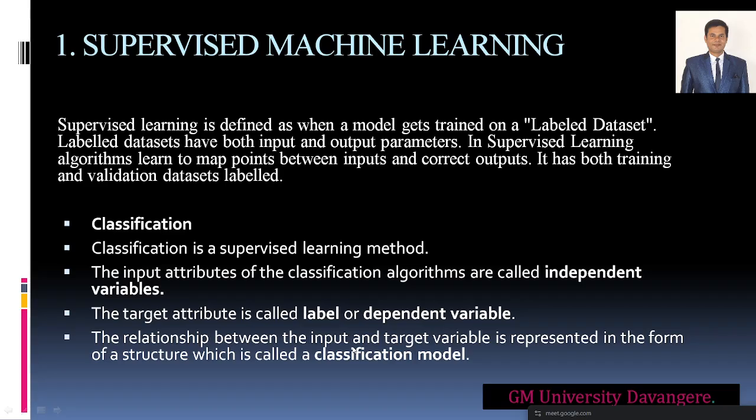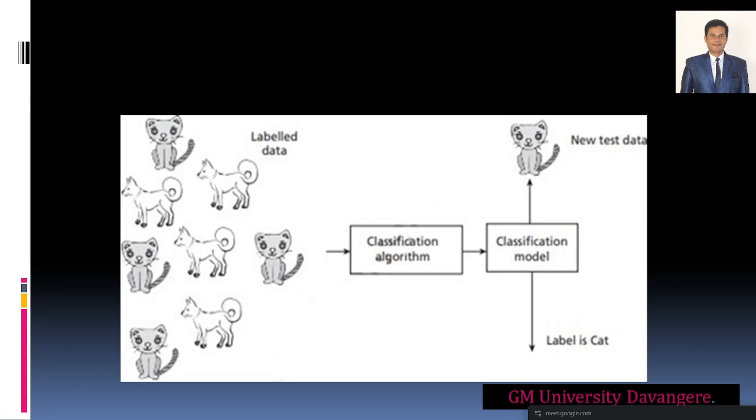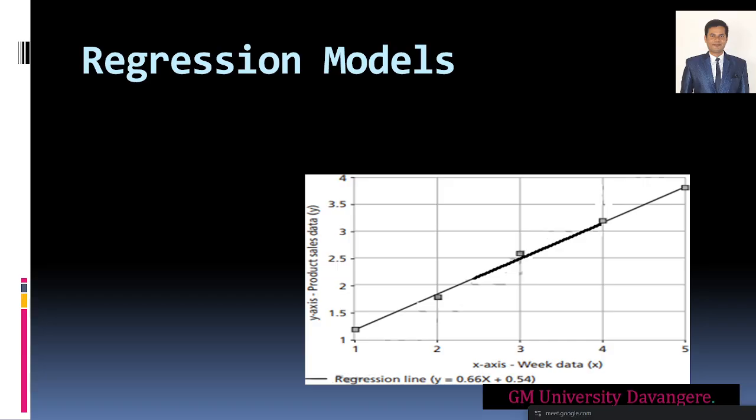It will try to label lithium, the supercapacitor, the fuel cell, like that. Depending upon the labeled or dependent variables, it will try to make a relationship between the input and the target variables. So what are we actually going to expect? We have to check which is the better one among the battery states, which battery has good performance, and why this battery has been selected. That is what we are doing: making the machines learn by collecting the data and building predictive models. So this is actually called regression models.